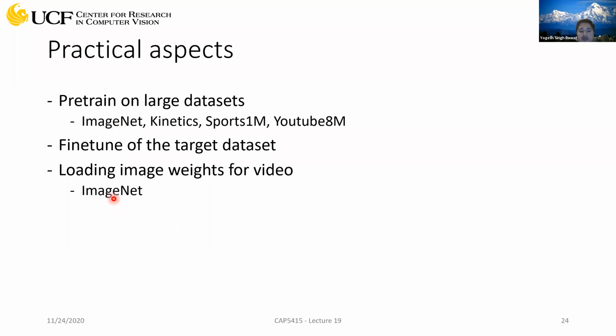So we can just take the 2D CNN which we have trained on ImageNet and take those kernels. If, let's say, those are 3x3 kernels, we extend them to 3x3x3 kernels and just repeat those values across the temporal domain. So that's another way.